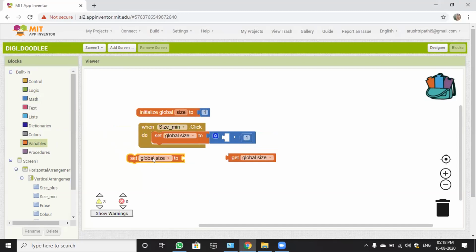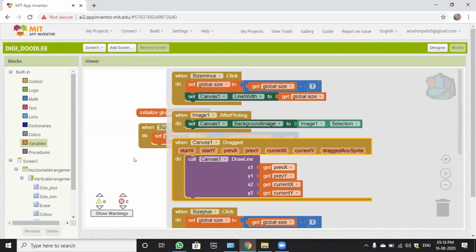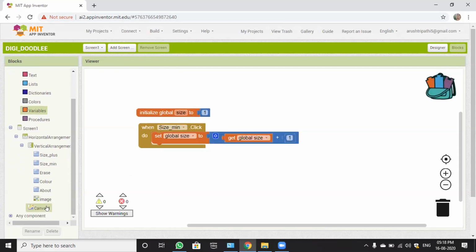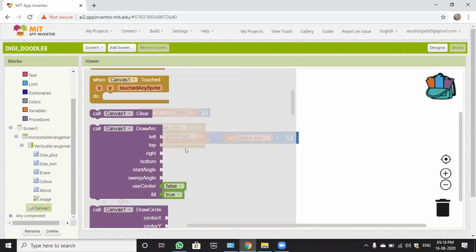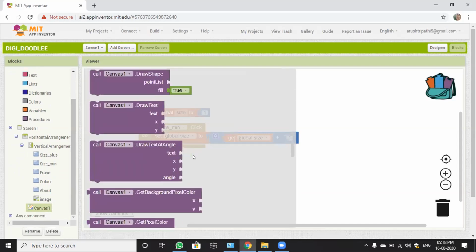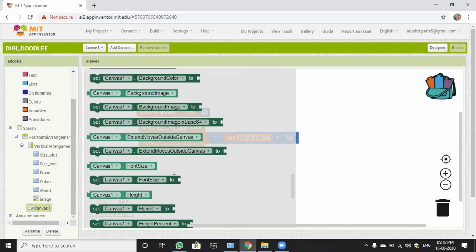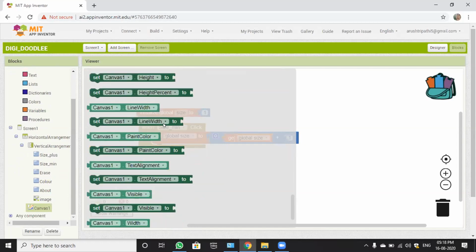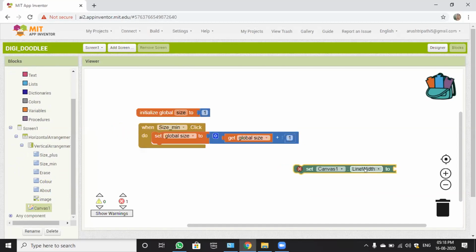Everyone, please try to find the blocks yourself for now, because till now you would have learned to do this. Okay, so now quickly go to canvas. Scroll down. Now you have to take set canvas dot line width to. Now attach it here.